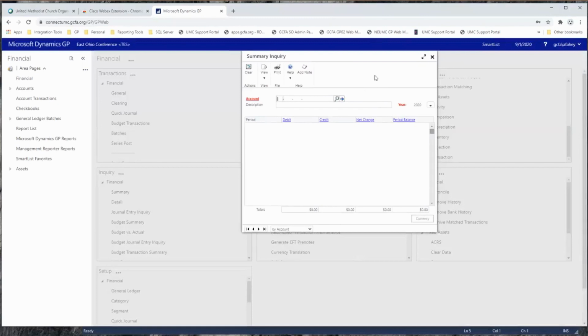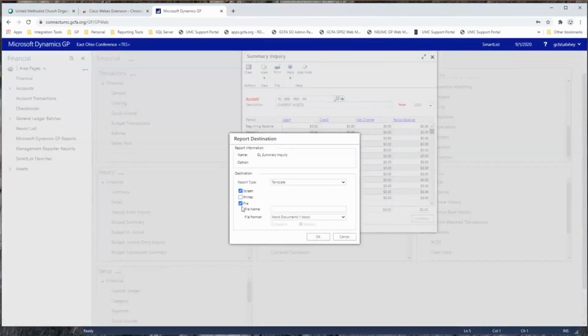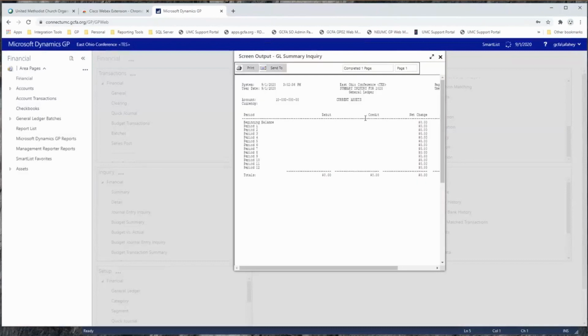Microsoft Office, which is Word and Excel and such, you can also export stuff into those as you normally would from the desktop client. Just to give you an example of how the printer works, I just click print as I normally would. You see how it defaults as template. Well, I'm going to change it to standard for this case because I'm not using templates for everything. And then it comes into the screen output. And when I click the print button,